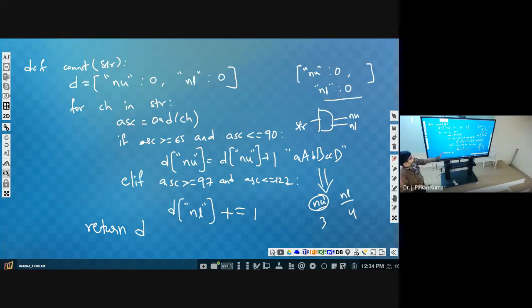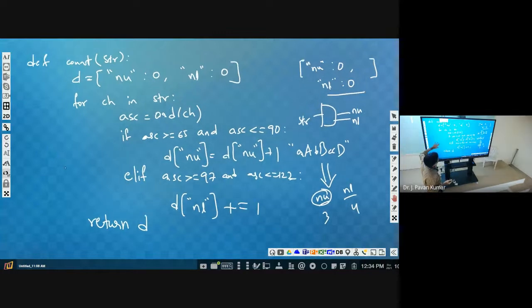Return D. After this, whenever we call this function, we will get a dictionary, and from the dictionary we can retrieve the values. Over.